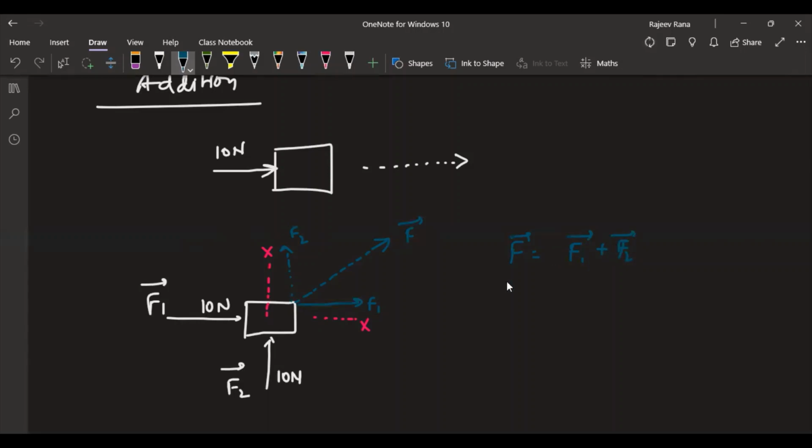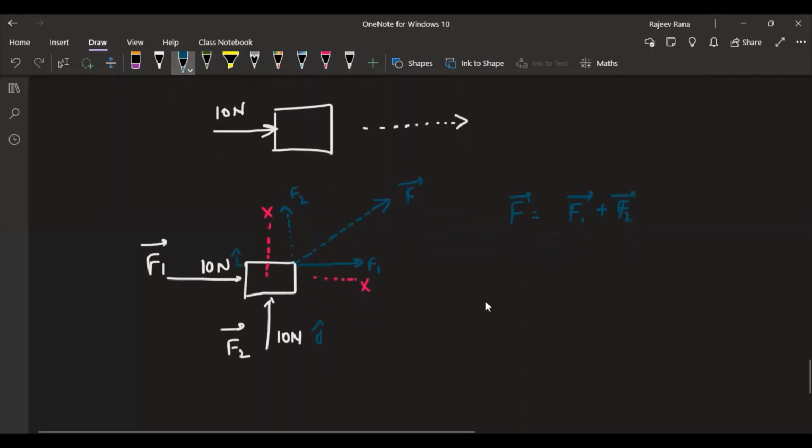So the direction has changed. Let us say this is 10i, this is 10j, then the resultant in the middle of it is i plus j. Vectors cannot be added so that we write it as 20 Newton in this direction; it is not 20 Newton in this direction. So this is one way we can understand why we need a law to add vectors.